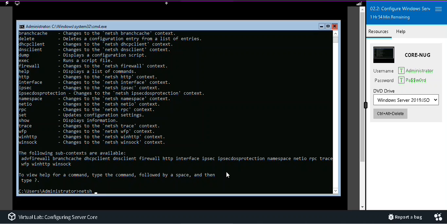We're going to do netsh, we want to do adv firewall, and we want to add rule, and the name of our rule, let's see, rule, we want to allow ICMP v4 and our direction is in, our action is allow, and our protocol, let's see, this needs to be our